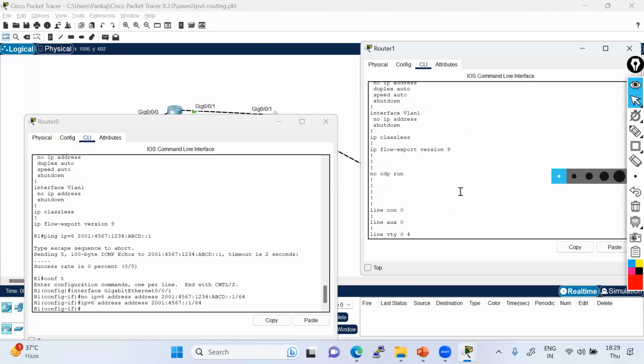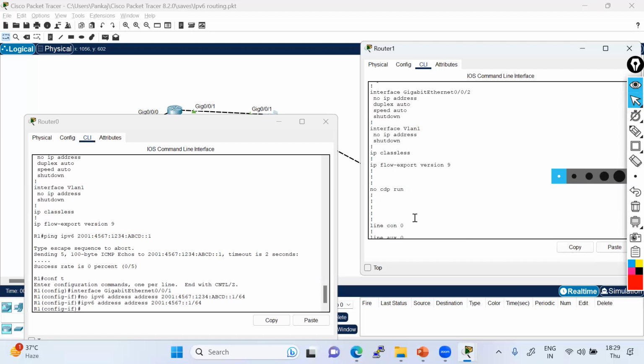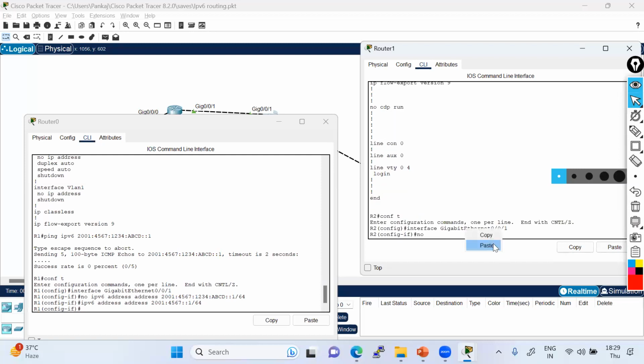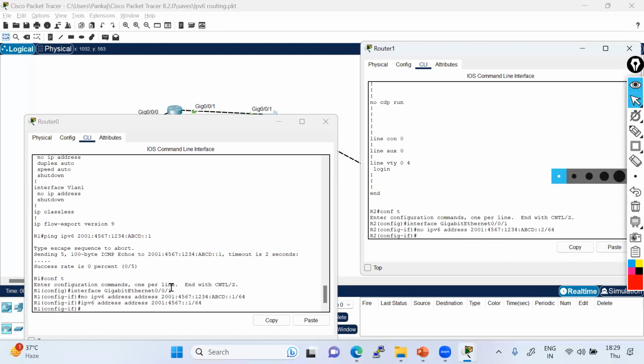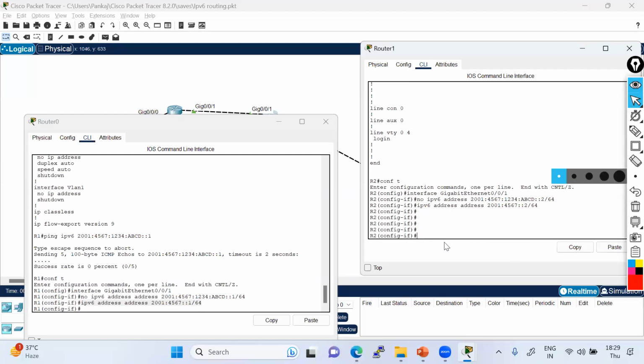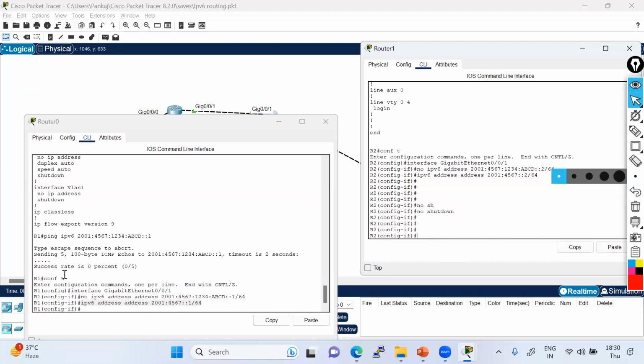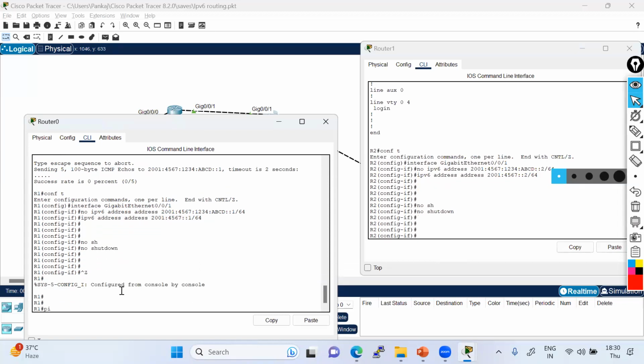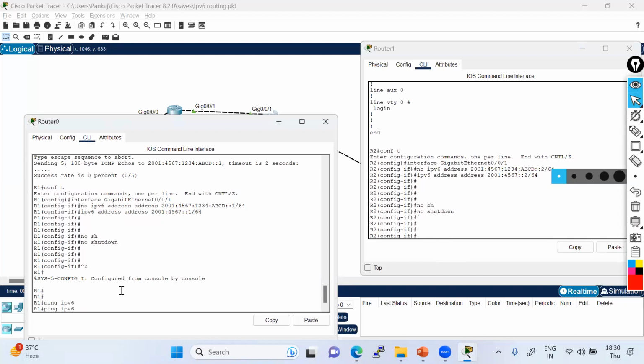So no shut. Let me use no shut. Right. Let me just try to ping IPv6.